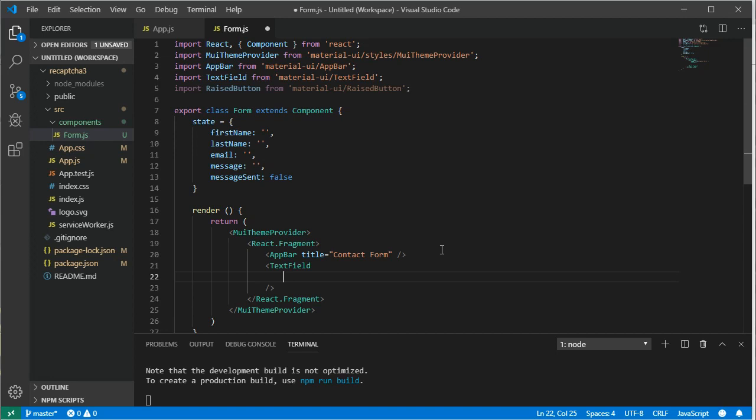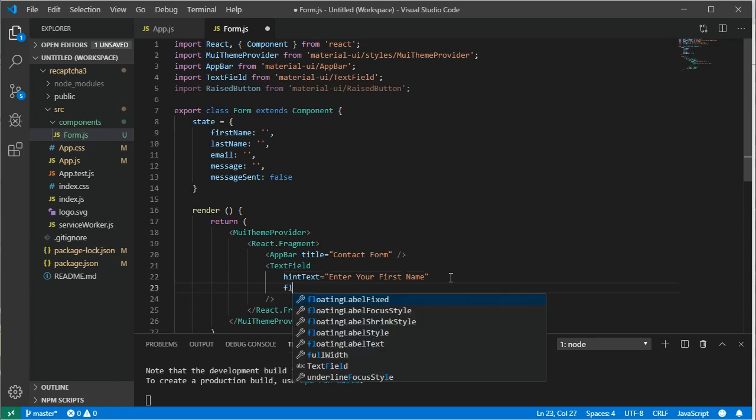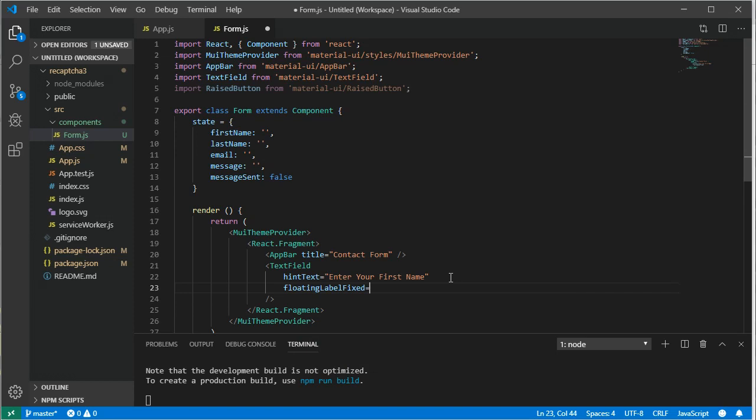So we'll have hint text, and here we'll have enter your first name, and then there's gonna be the floating label text, and here we'll have first name,